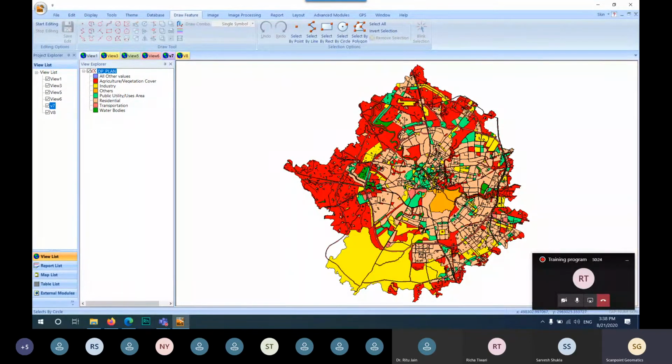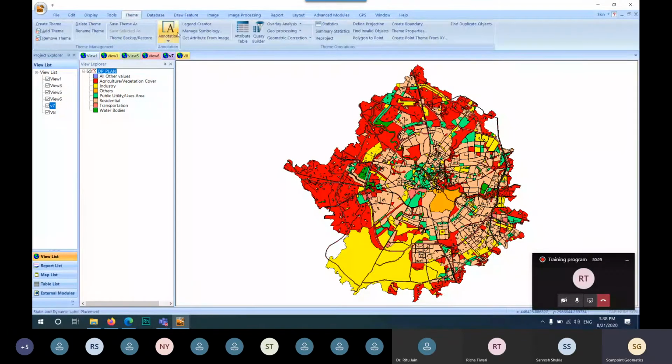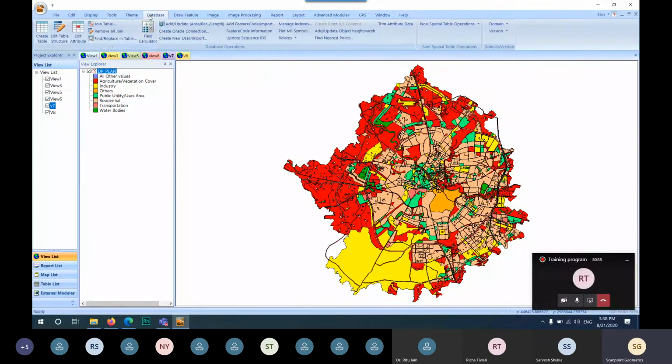themes, and then you can generate the legends, you can give them labels, you can define them into different categories using the field calculator, and you can also show the area of a particular zone, particular category.